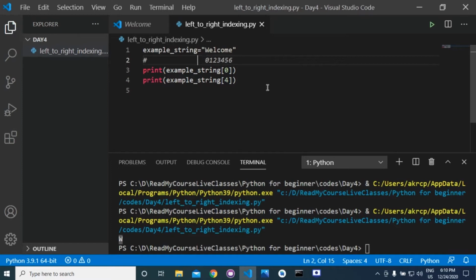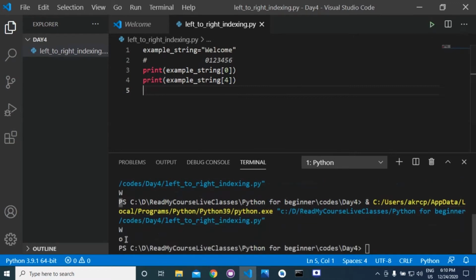Can anybody guess? O. Okay, so we have O as the answer. So this is the example of left to right indexing.